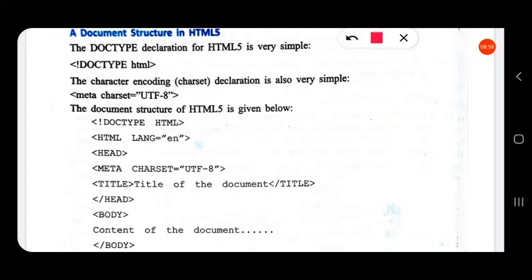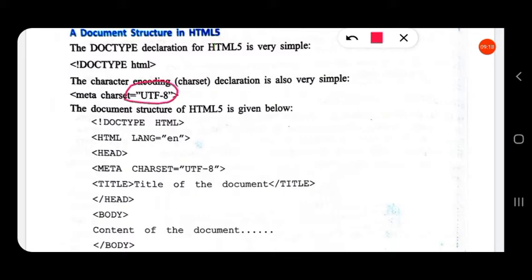Now the character encoding. Every character that we type is stored in our computer in the form of a certain encoding scheme, that is Unicode. Here the Unicode encoding scheme used is UTF-8.